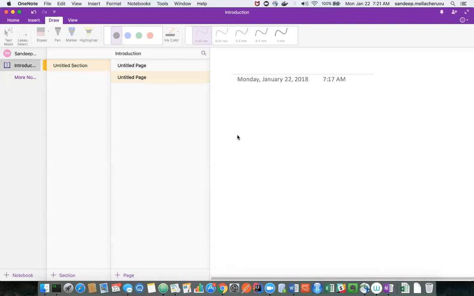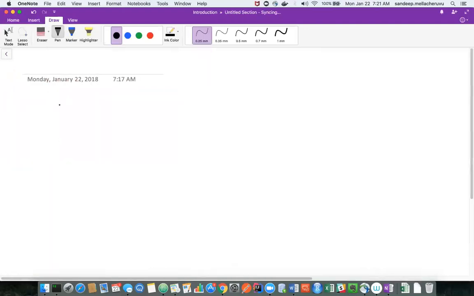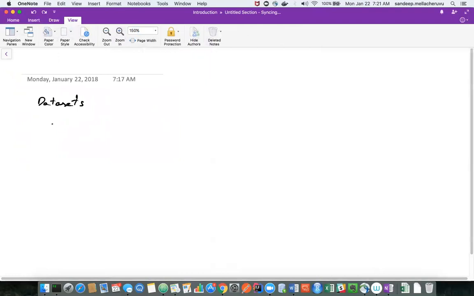So anyway, that's about it. Today we'll start with some small basics about how data science works and what kind of data sets you will be using. Let me start with a concept called data sets. It's not a concept, it's some basics actually. Okay, data sets.